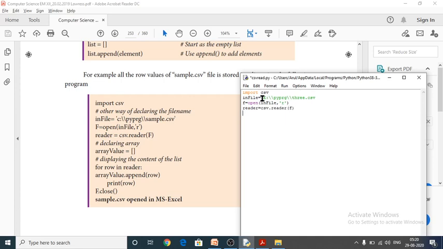So next one, to store the data into a list, I have to create a list here. Array value, array value is equal to empty list, and afterwards we should append those details, those files into the array value list. And next one, for row in reader,